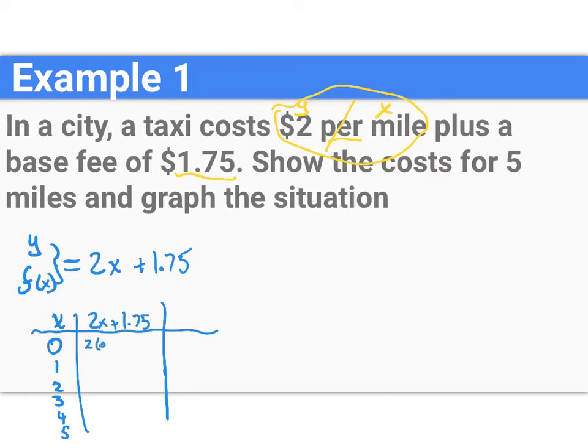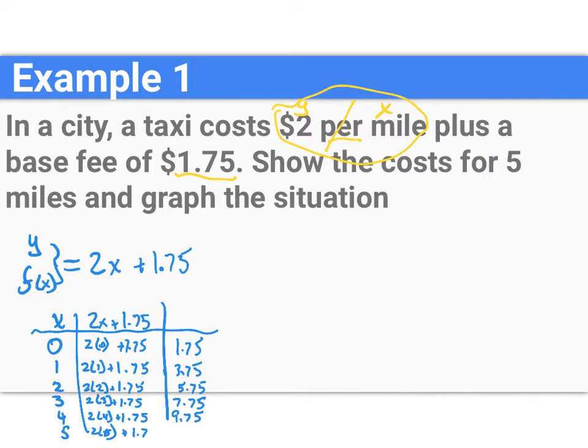So 2 times 0 plus 1.75 is 1.75. 2 times 1 plus 1.75 is 3.75. 2 times 2 plus 1.75 is 5.75. 2 times 3 is 6 plus 1.75 is 7.75. 2 times 4 is 8 plus 1.75 is 9.75. And 2 times 5